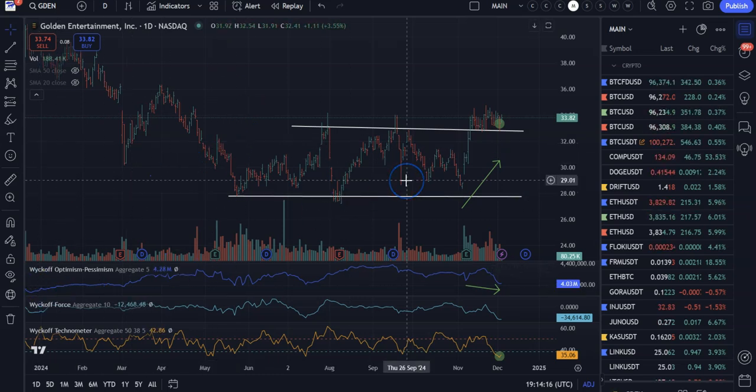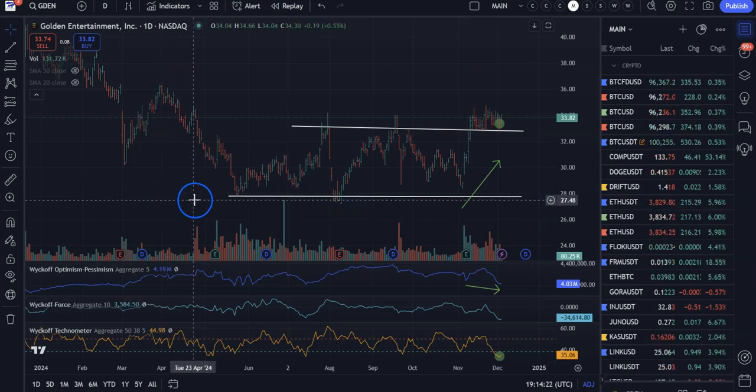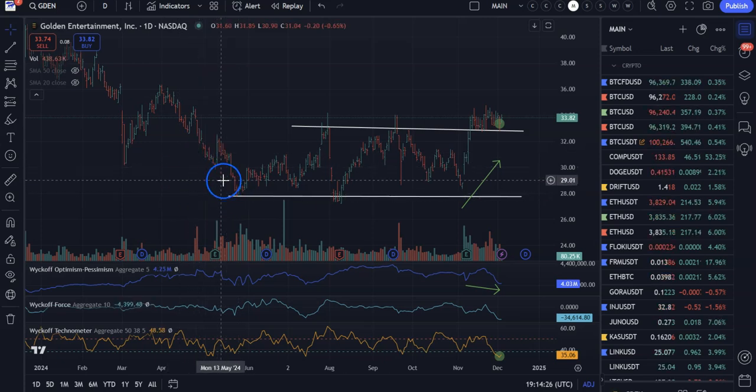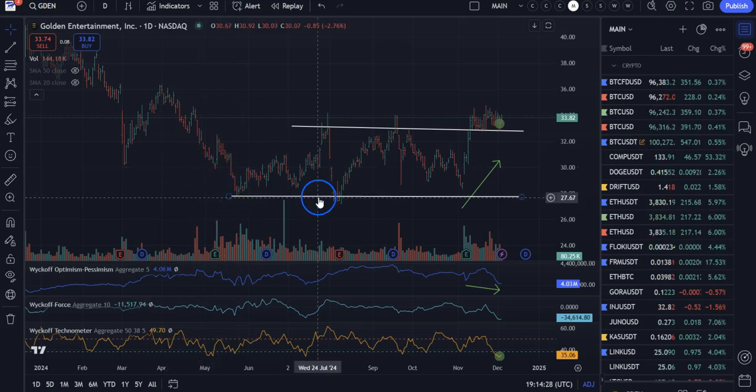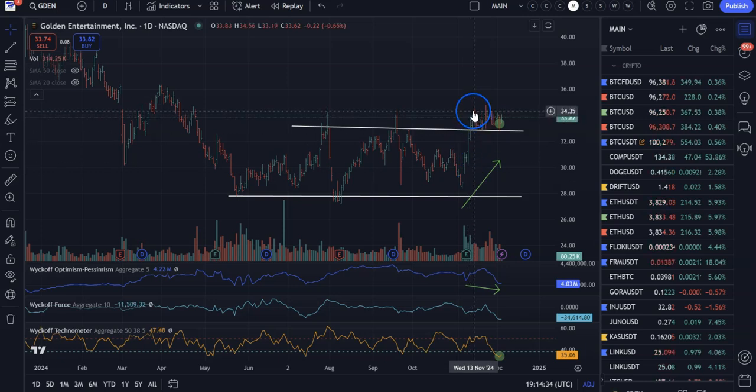Now here we are with Golden Entertainment, just looking at it, and I'm like, well, nice setup here with Wyckoff labeling. We got a nice trading range here. We had some major selling come into this low. Looks like we had a spring here. We also sprung these 2 lows, and then a quick sign of strength. And really the way I got it here with the resistance line, could be a nice jump across the creek